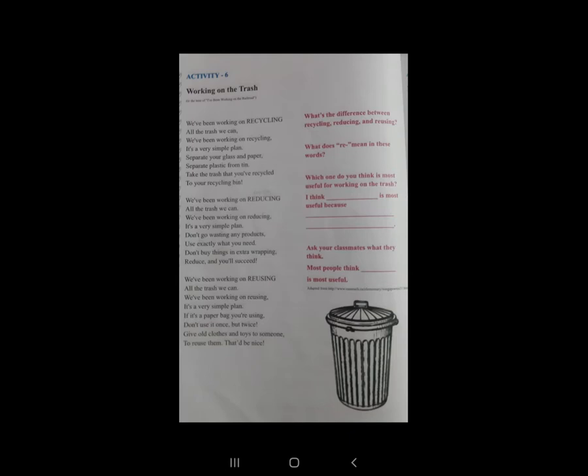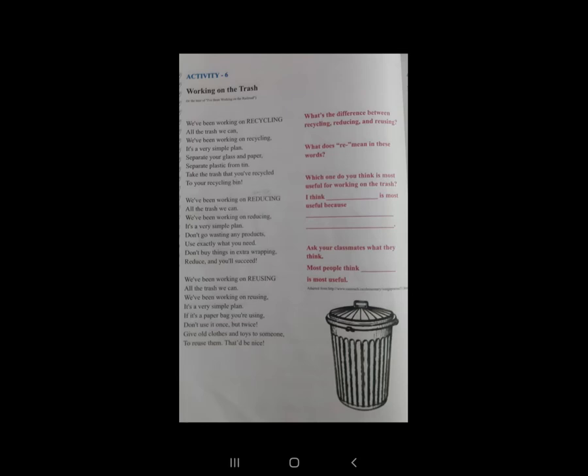So, here, what we want to explain in the first para: we have been working on recycling all the dress we can. It is a very simple plan. Separate your glass and papers.